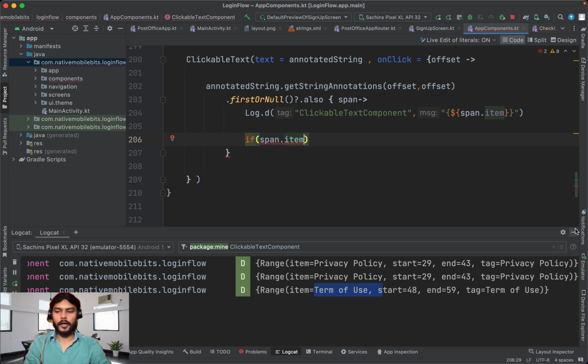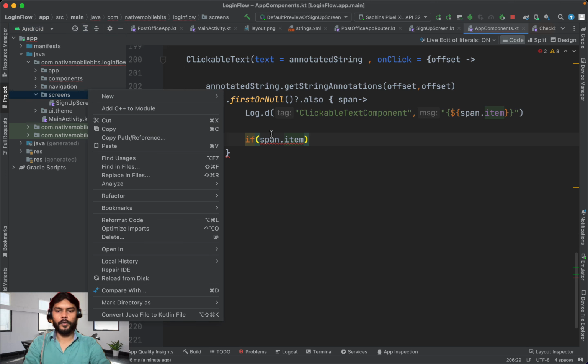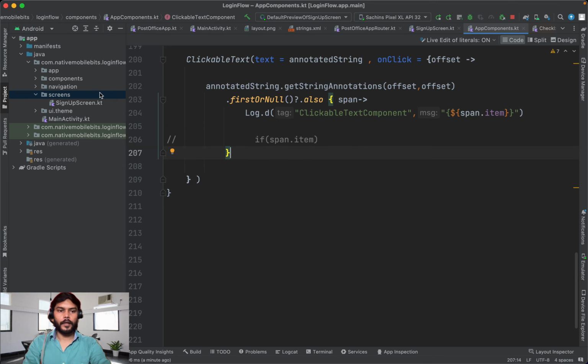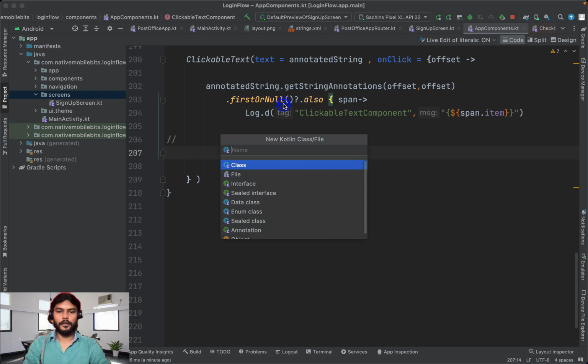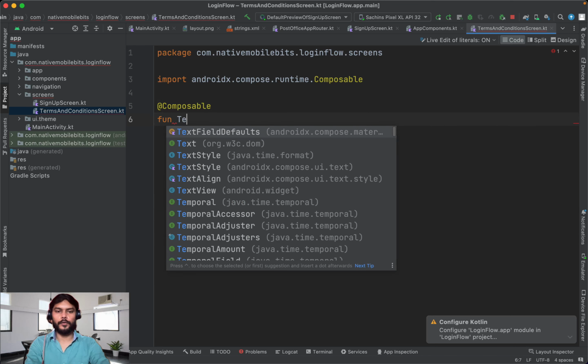Let me just design one new screen, so that we will have a few other screens and we will see how we can use this. So let me just comment it out for now, and we are designing one new screen, so we'll write this as terms and conditions screen. This will again be a file, and we will create one composable function. We can use the same name,